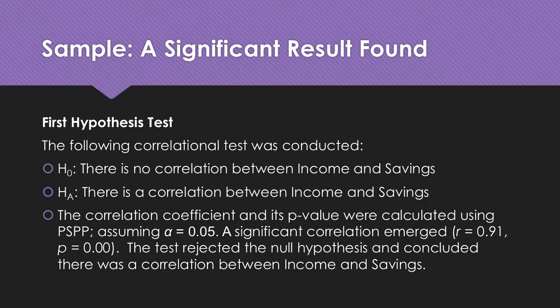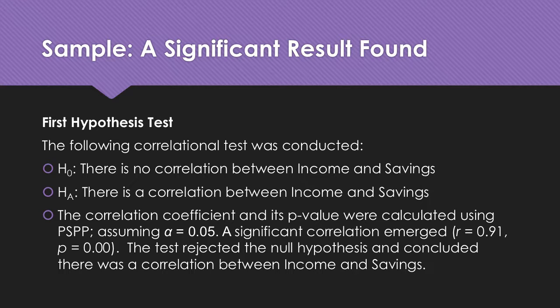The first hypothesis test was to find a correlation between personal income and savings. The null hypothesis, therefore, would seek to state that there is no correlation between income and savings. The alternative hypothesis states that there is a correlation between income and savings. In each of these hypothesis tests and throughout this course, when discussing the data set, we will always assume that the alpha is